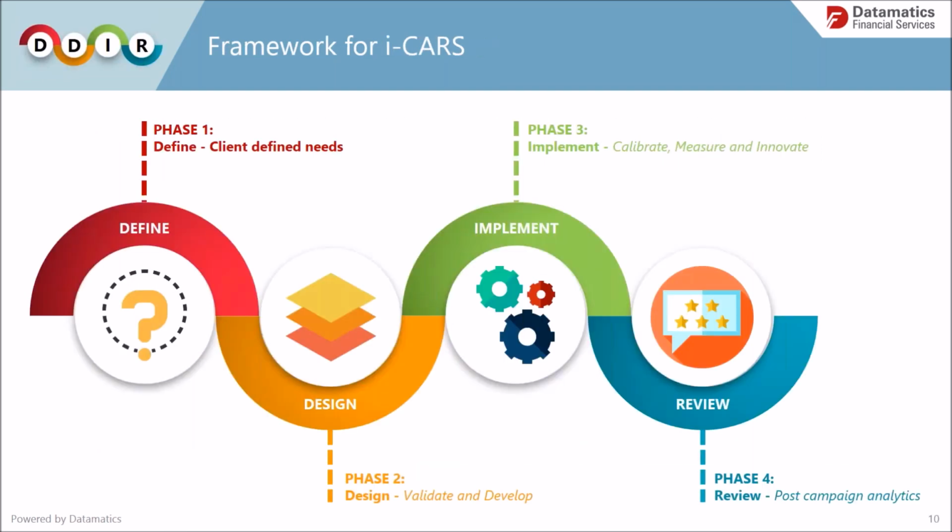Well, back to our friends at Datamatics. This is a simple framework or model that they would work through that's a useful gauge for wherever you may be with data. So first and foremost, if you're looking to build a prospect file or enhance or increase a prospect file, you need to understand the needs. So what do you need? What kind of data do you need to be able to power your